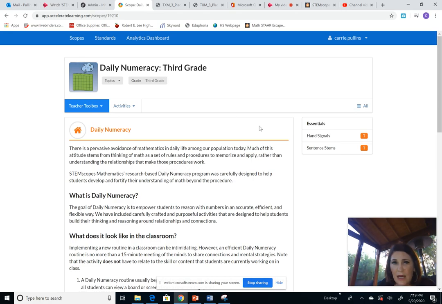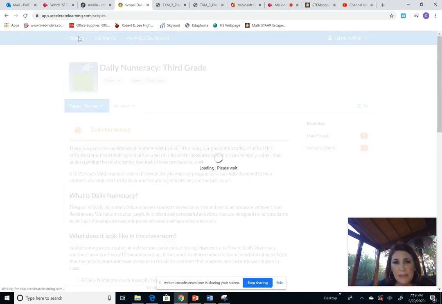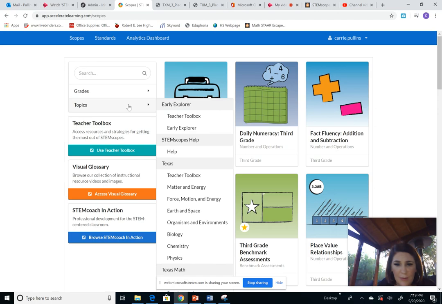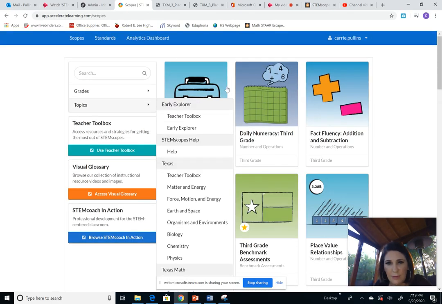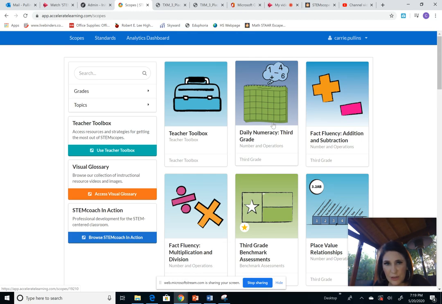If it's not at the top, you can always go into your scopes and go into your topics, and you can go to Texas Math and anything in Texas Math, and that's pretty much where I am. It's going to lead me back here. So I'm going to dive into this Texas numeracy,